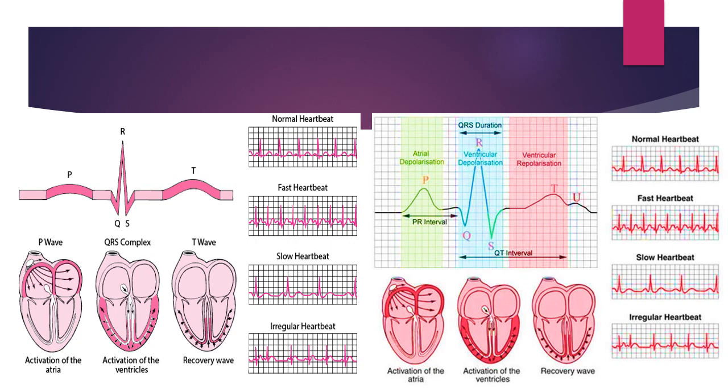If it is way too far apart, then we know that there is something wrong. It indicates a slow heartbeat. So you know that a normal ECG looks like this. There is a normal heartbeat. A fast heartbeat looks like the complexes are occurring very, very closely. On a slow heartbeat, you realize that there is a lot of gap between the R waves. An irregular heartbeat actually means the P wave and the QRS complexes are not in sync with each other. They just randomly occur however and whenever.